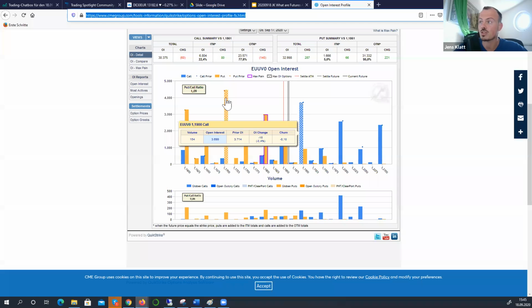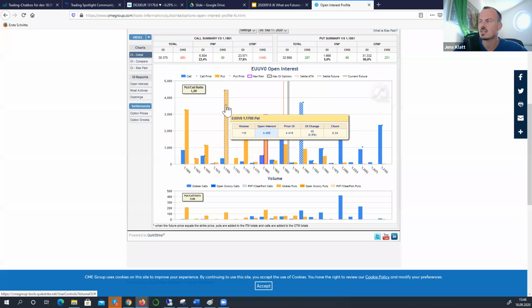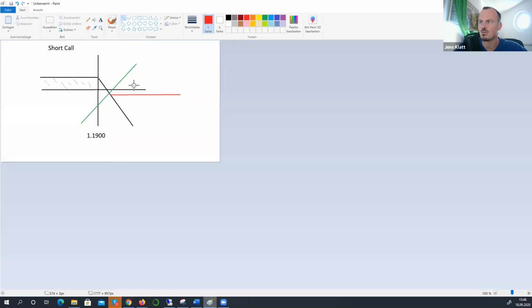The same is true here for the short side, or in this case for the puts. You can see the puts are in orange, so you can see here that this column is even higher, which means nothing more than, it's a 117 put, which means we just mirror this payout profile here.